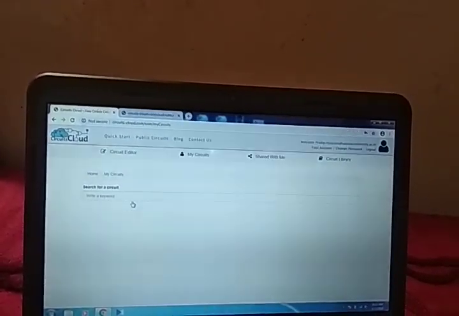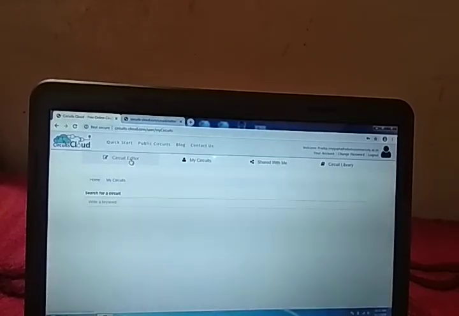After login, what you have to do is go to the circuit editor.